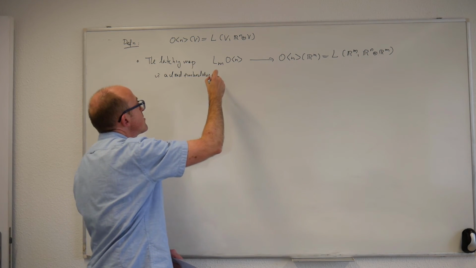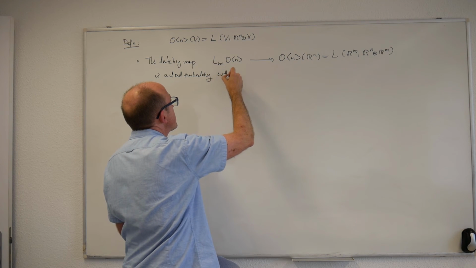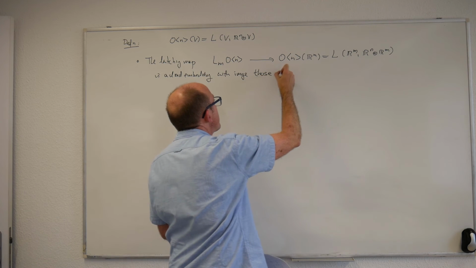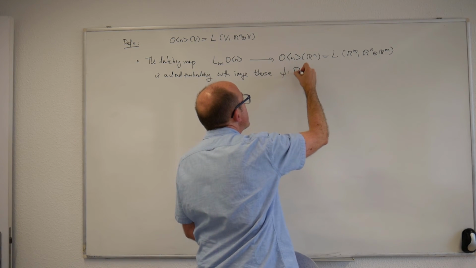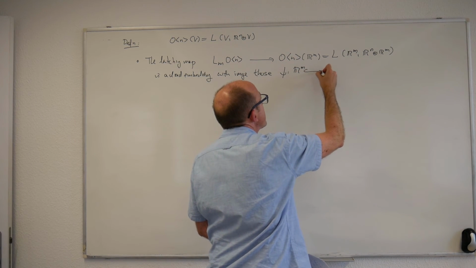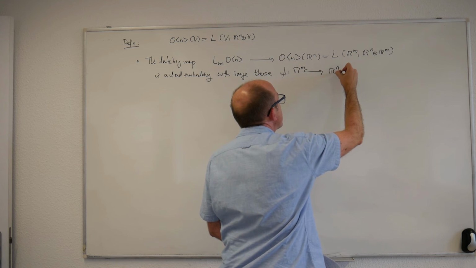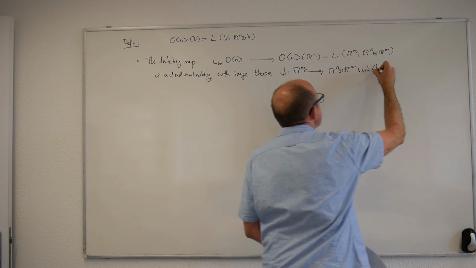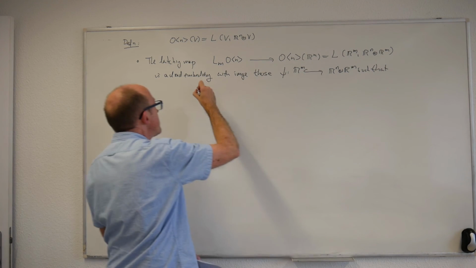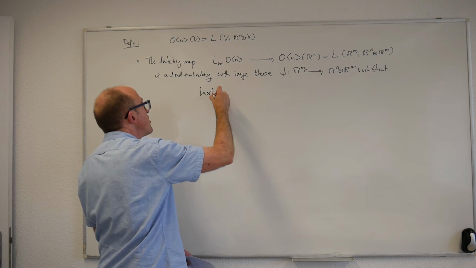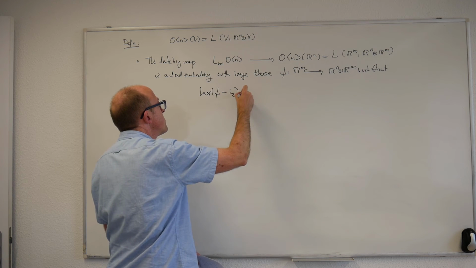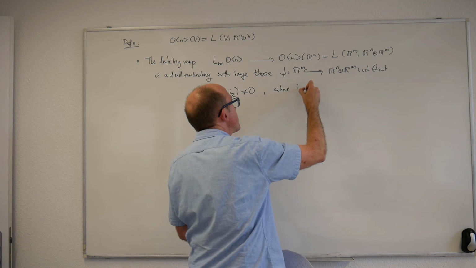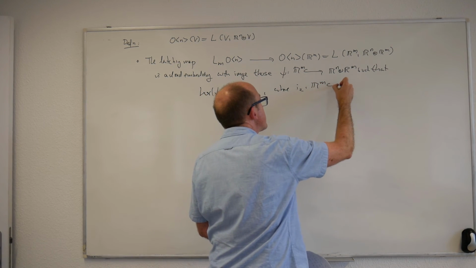And the image has a similar characterization: the image consists of those psi from R^n into R^n plus R^m such that the kernel of psi minus I_2 is not 0, where I_2 is the embedding as the second summand,